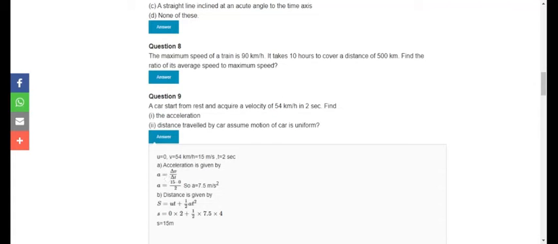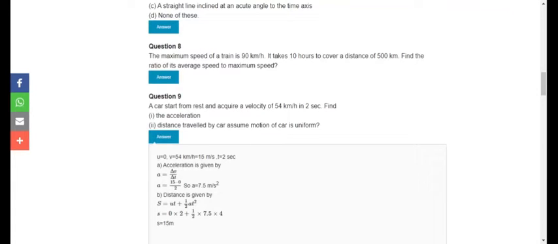So the first answer is very easy. The math, the formula and the calculation: we have the initial velocity u equal to 0, the final velocity v is 54 kilometer per hour, that we can convert to meter per second as 15 meter per second. We have the time as 2 seconds, and the acceleration is given by change in velocity divided by change